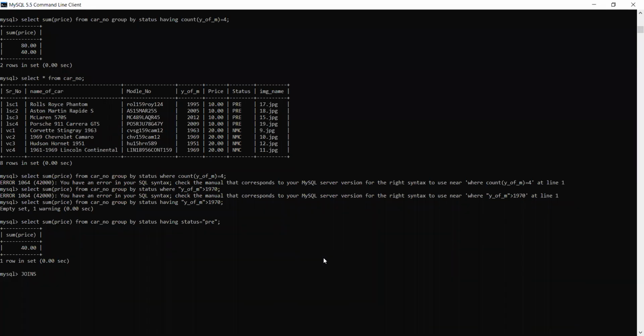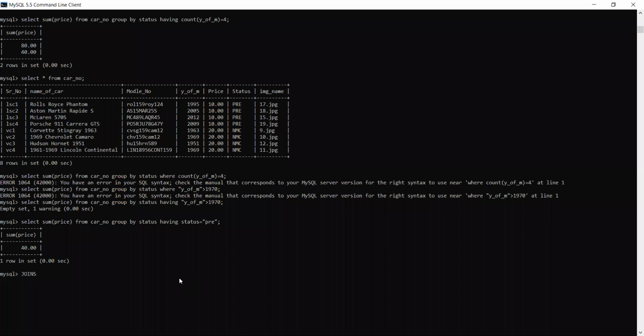Now see, whenever we talk about joins, it is nothing but when you want to combine two or more tables together. It means you have multiple tables, and from them you want to fetch a few values, like one or two columns from one table and one or two columns from a second table. So you can join two tables. Now, whenever we are joining, we have different types of join.